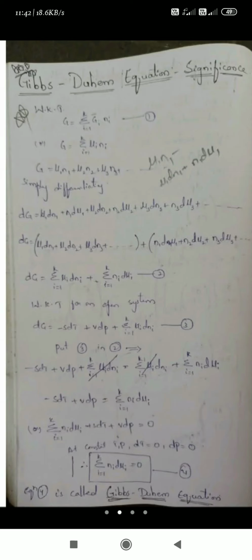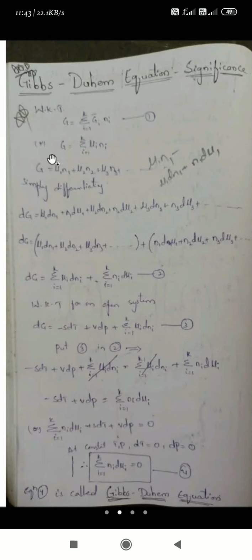This equation is already known to you. This is a relation which gives the total free energy and the partial free energy, that is G equal to summation Gi bar Ni. This holds for all the properties. What is Gi bar? Nothing but mu i, so I can take it as mu i. Now remove the summation. What can I write? G equal to mu1 n1 plus mu2 n2 plus mu3 n3, and so on.